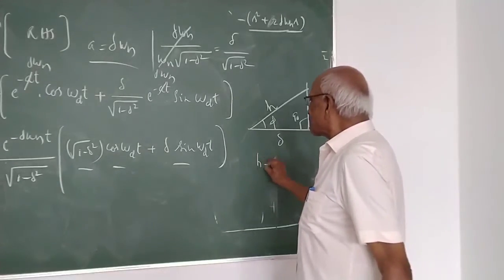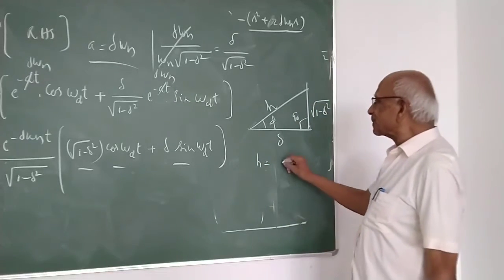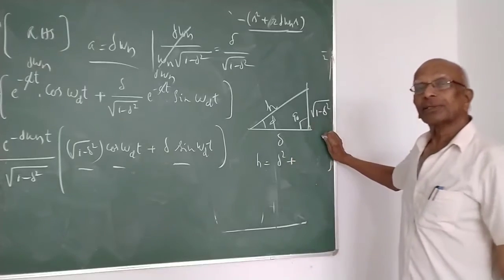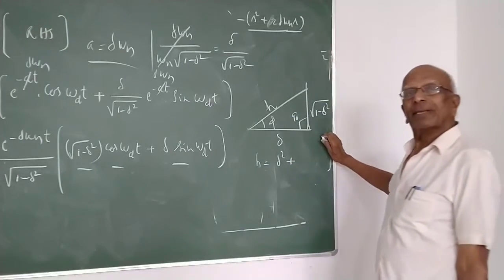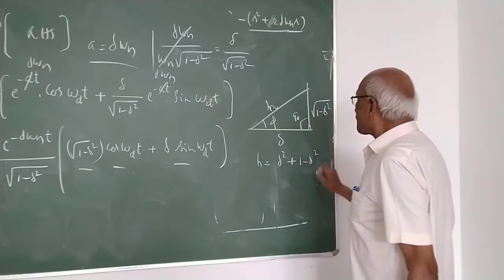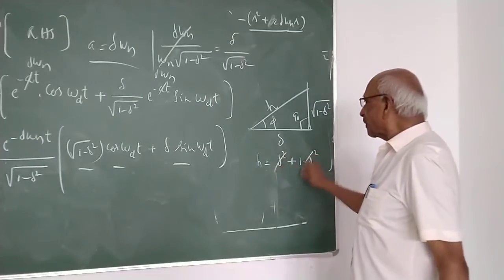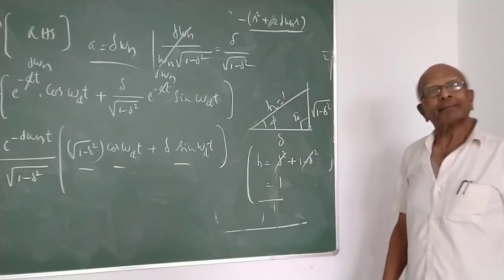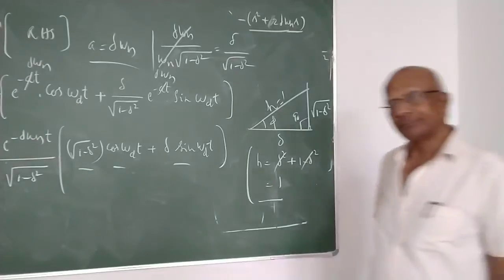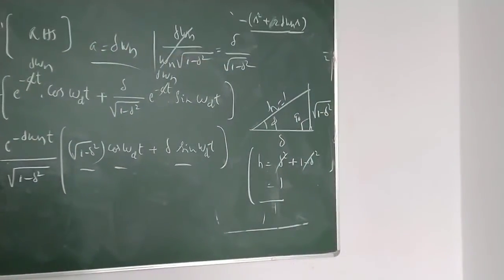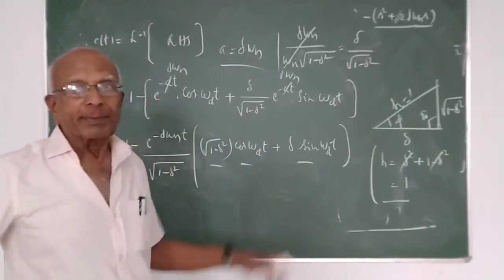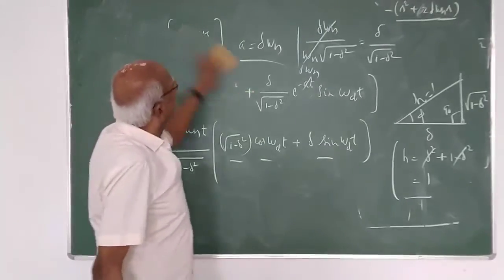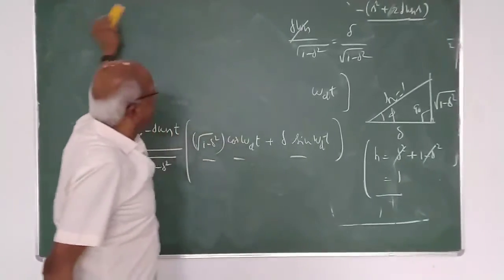So, what is the value of hypotenuse here? See the beauty of this. It is root of the square of this, which is delta squared, plus, by Pythagoras theorem, the square of the other side. The root of this means without that, isn't it? That means these two will get out. We will get beautifully, hypotenuse is equal to 1 only. Am I right? That is the beauty of this derivation. Even with a very lengthy writing, you will come to the result very comfortably in a short interval.